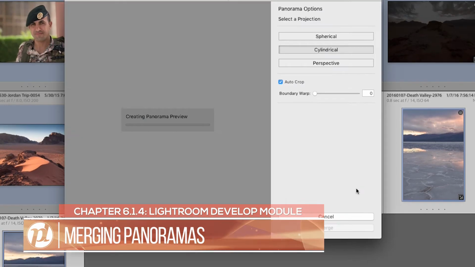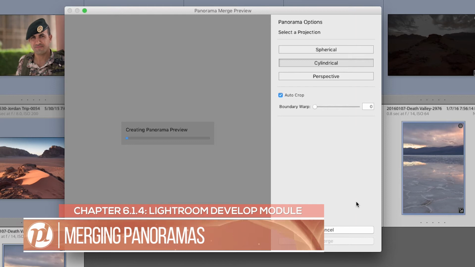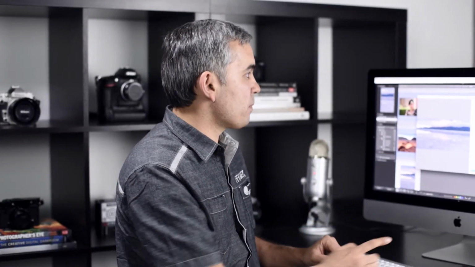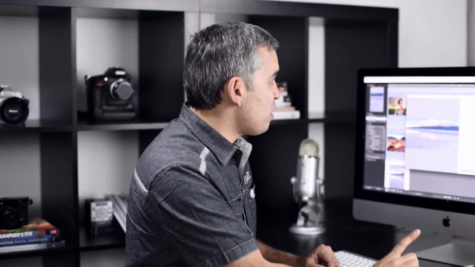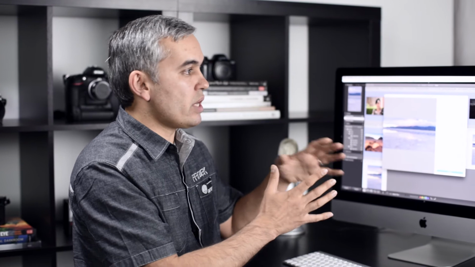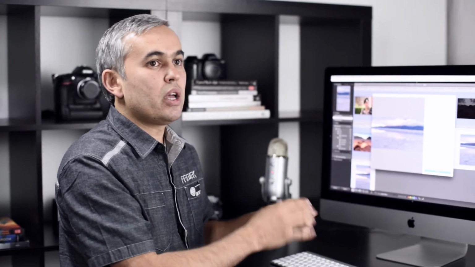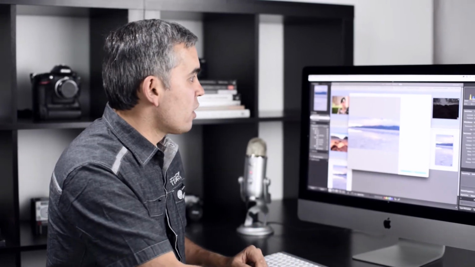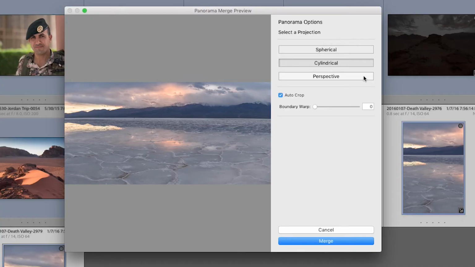Now, this is a really cool feature, and I really love this capability here because Lightroom by default is going to use a DNG format. So DNG being a non-destructive format allows me to go into the image once it's already stitched and make all these edits that it can do normally in raw images only. So let's go ahead and stitch this panorama, and you've got a couple of options here. Now, I'm not going to go through all of them because it depends on the type of panorama that you shoot, but basically you've got spherical, cylindrical, and perspective.